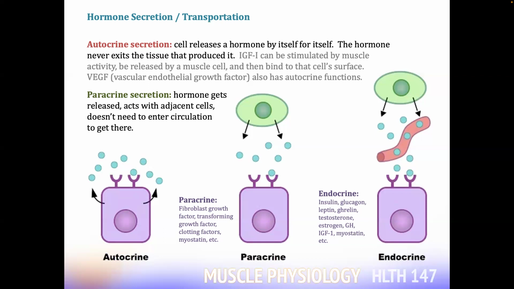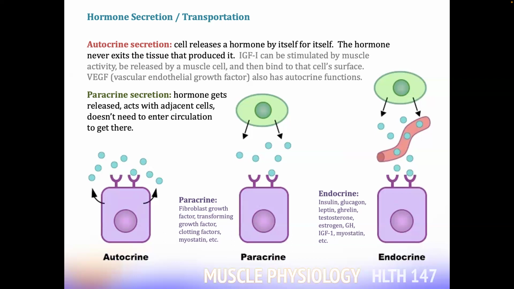Prostaglandins do paracrine signaling, autocrine and paracrine both. And then there's endocrine. This is when hormones enter systemic circulation and eventually they'll reach a distant cell. Not an immediate neighbor, but they'll circulate around for a while. So endocrine hormones get shuttled through the blood, and that's most hormones you're thinking of, insulin and glucagon, leptin and